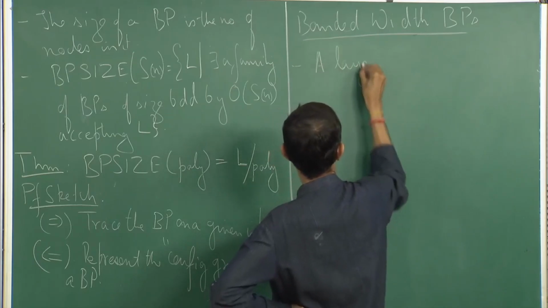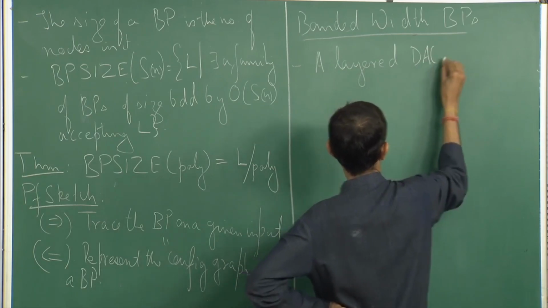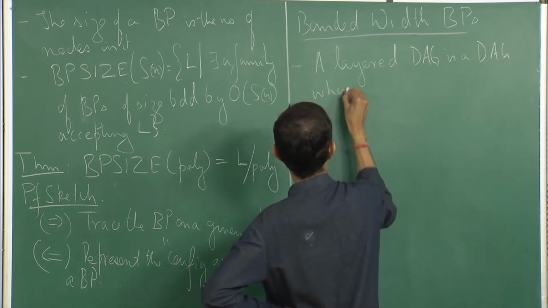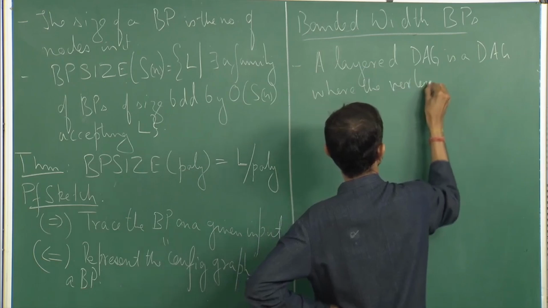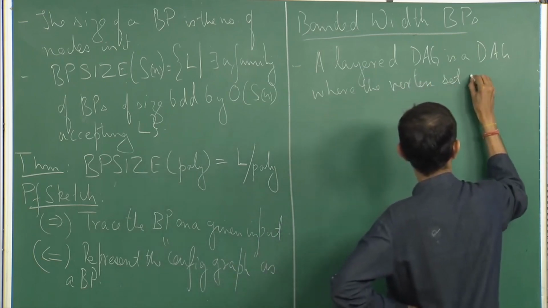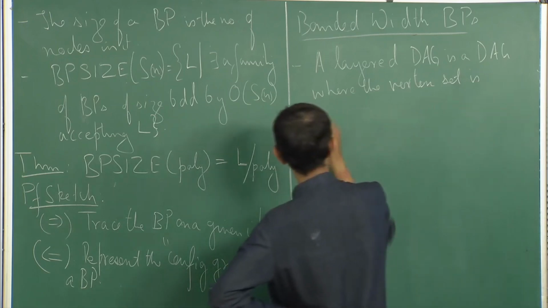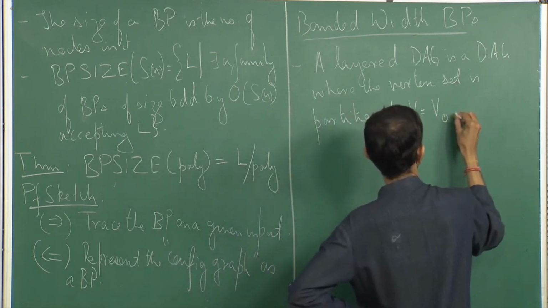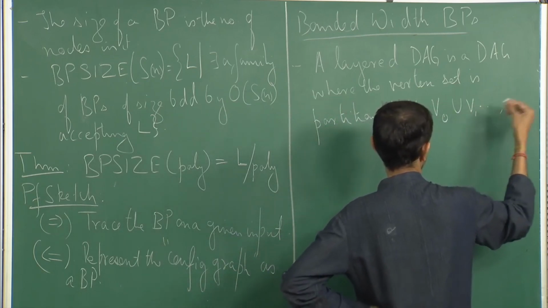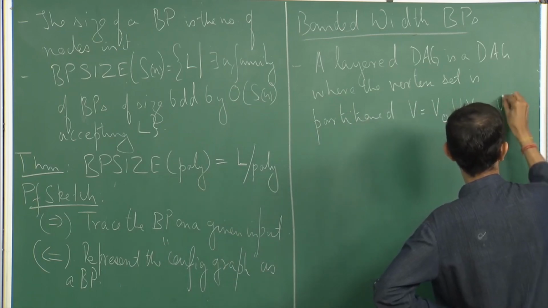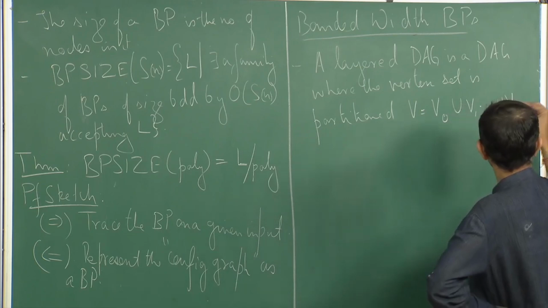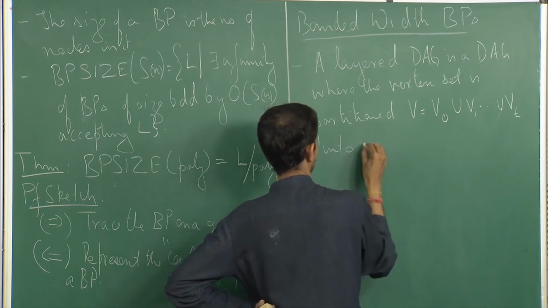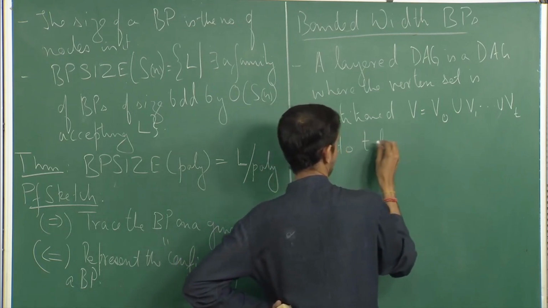A layered DAG is a DAG where the vertex set is partitioned, say V0, V1 up to some VT, into T, or well, T plus 1 actually, parts,